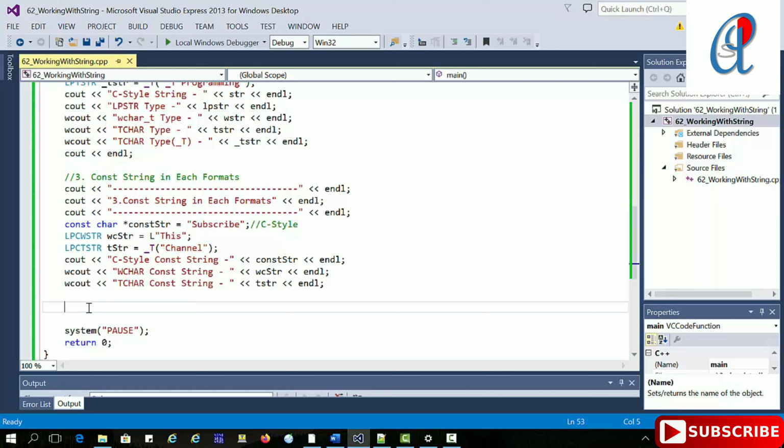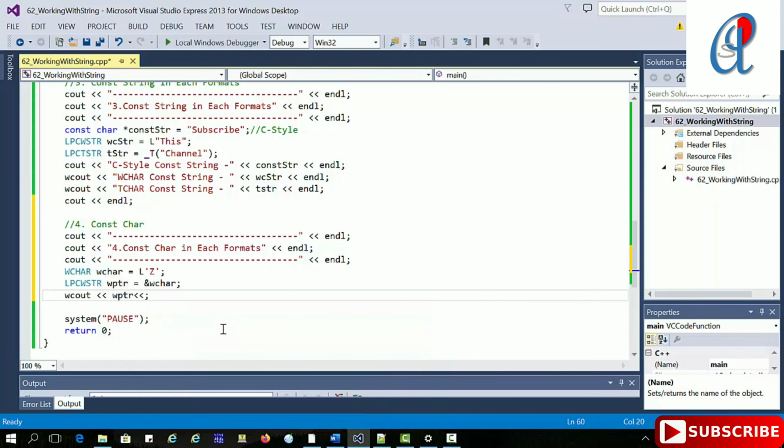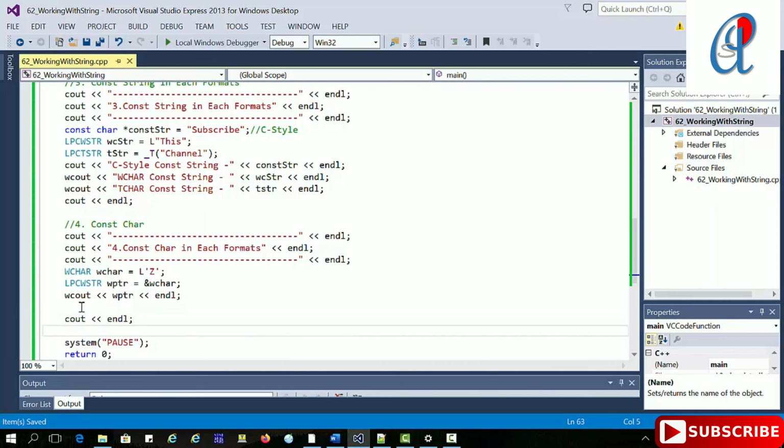Now the fourth one is pointers. Like a normal pointer, we assign a variable's address to it, and I'm going to use it in the same way. Now a normal variable in C: I write char C and store one value into it, let's say A. Now I declare a pointer: char, I'm writing ptr here.